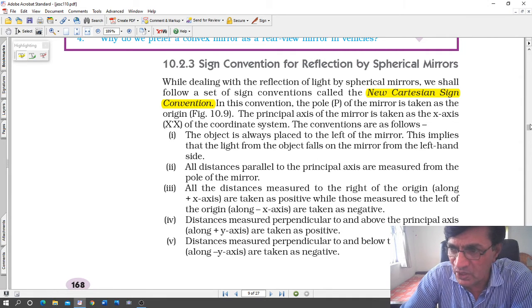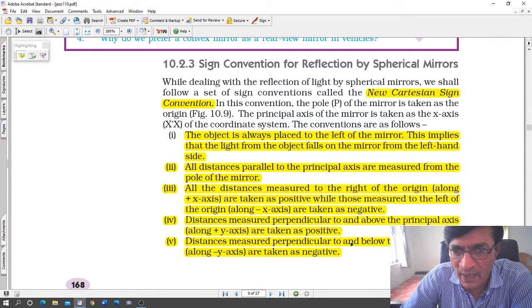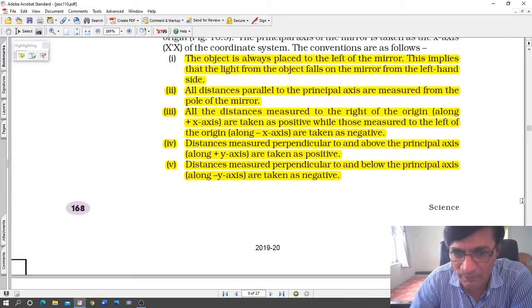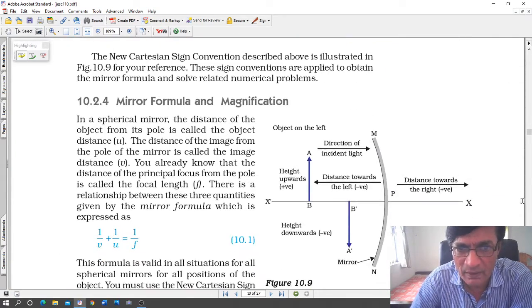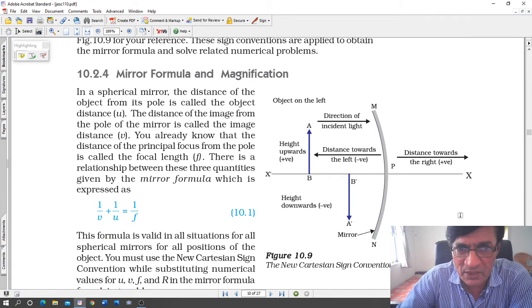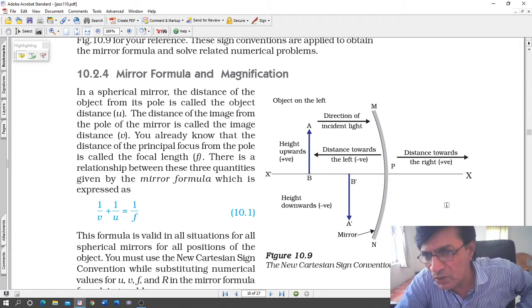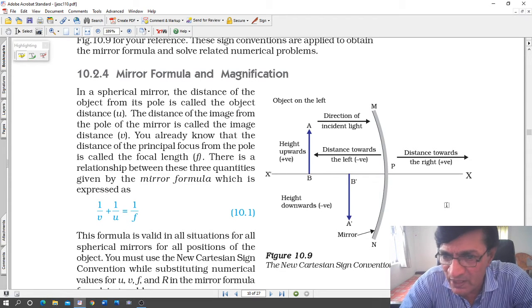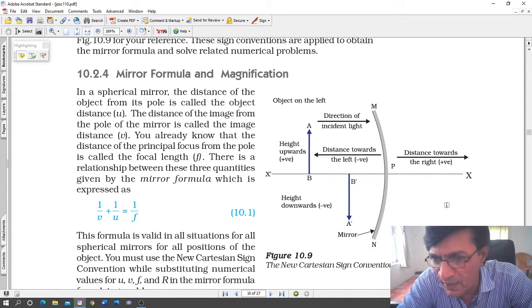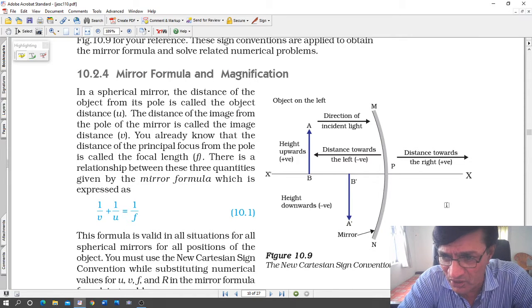Okay, now this one is very important. Again, the sign conventions are very important. You must read them and make sure you learn them by heart also. See the next page here. Then this diagram, figure 10.9, is not about the mirror formula, but about Cartesian sign conventions. You can see there is the x-axis, X, O, X dash, and the pole of the mirror is placed where the origin is. That means the y-axis is not shown here. In the video I have also shown a y-axis, and the pole of the mirror is placed at the origin.